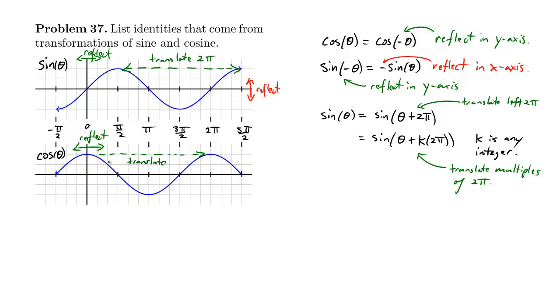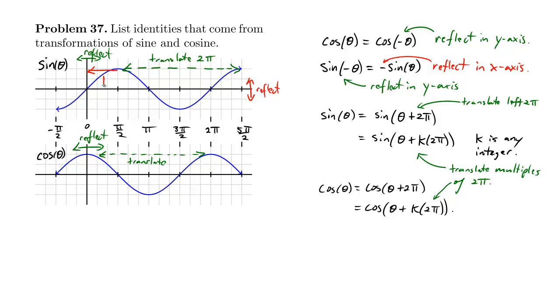Also, cos of theta is equal to cos of theta plus 2 pi, which is equal to cos of theta plus any integer multiple of 2 pi. These identities tell us that sine and cosine are 2 pi periodic. The last thing that we can do is transform sine into cosine and vice versa by a horizontal